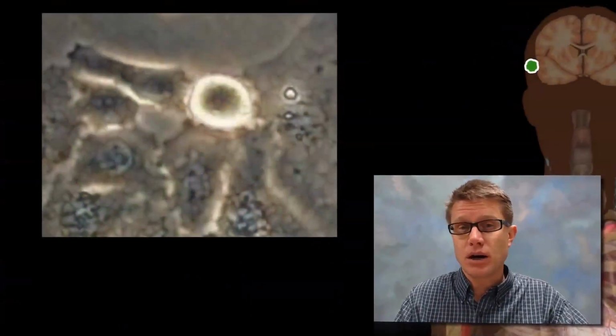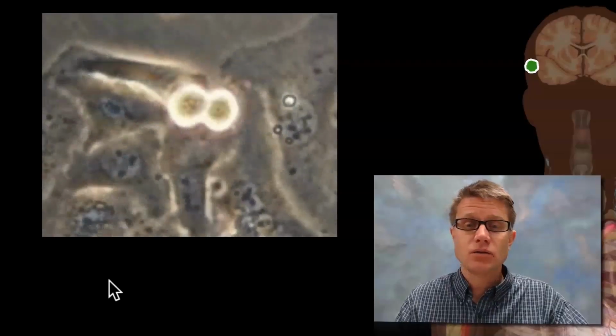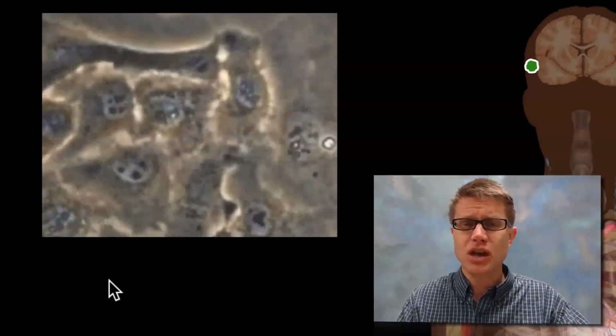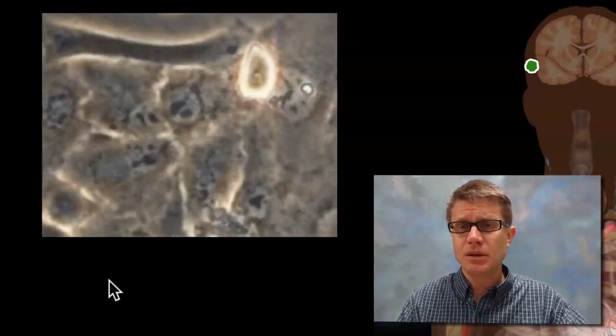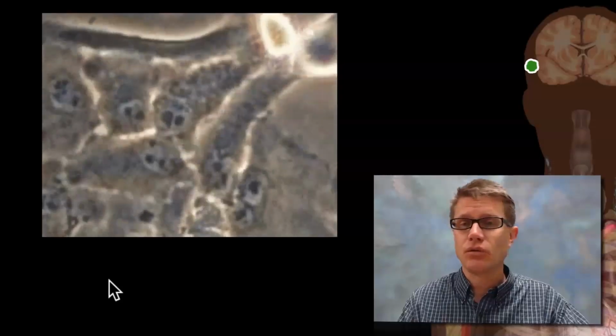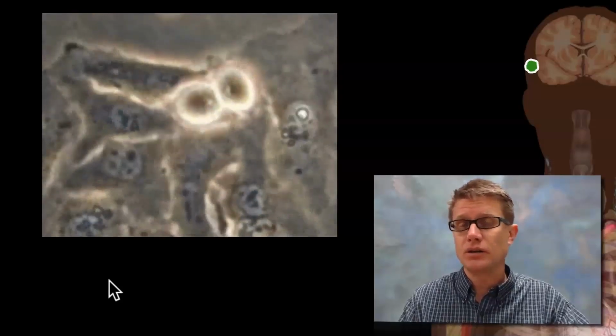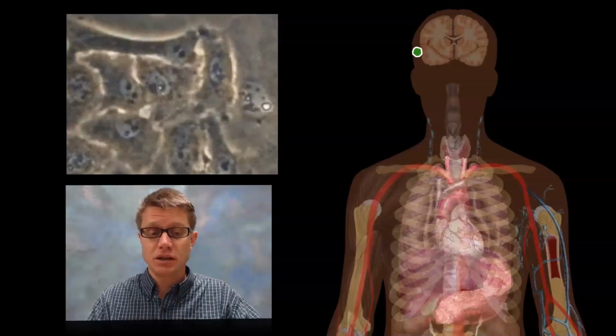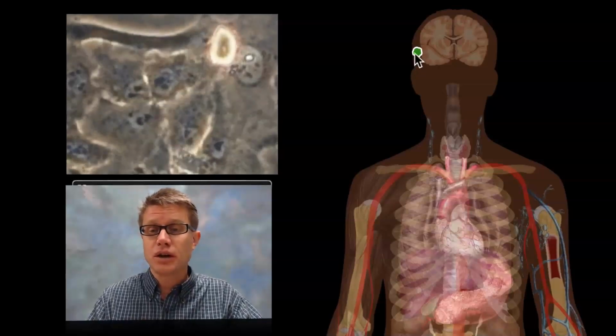And so this is a video of some cancerous cells. And so instead of just growing and doing the jobs of the cell, you can see they're kind of misshapen. And all they do is make copies of themselves and copies of themselves over and over and over again. That's where all the energy is going. Now, if that was restricted to one area, it wouldn't be as big a deal, but they can move to different areas of the body.